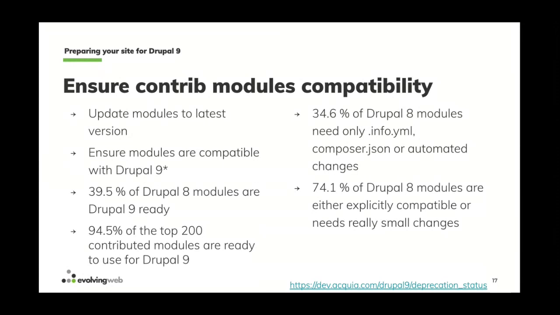And 74.1% of Drupal contrib modules are either explicitly compatible or need really, really small changes. So it's like 26% of modules that need some manual work, but most of them are compatible or need small changes. So as you can see, the landscape is much better than it was from Drupal 7 to Drupal 8. So if you are preparing your site to upgrade to Drupal 9, you need to initially update modules to